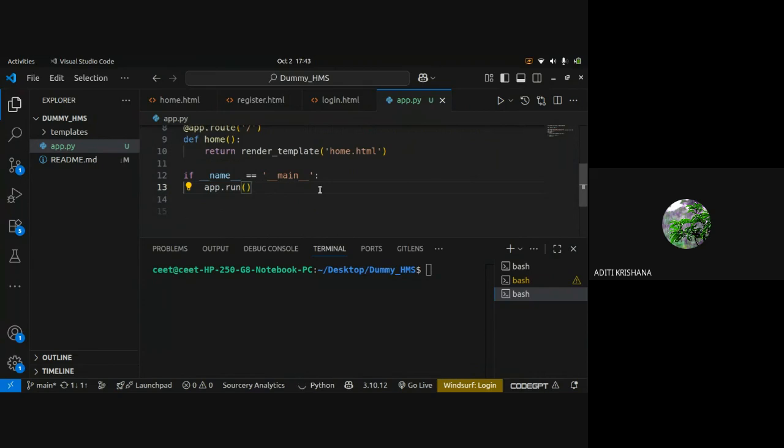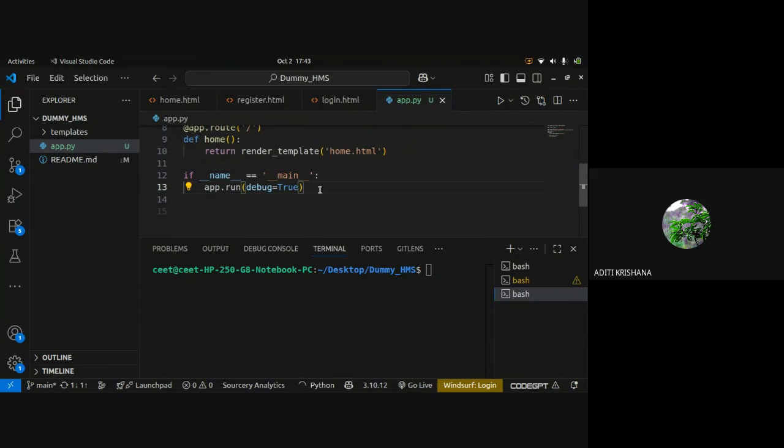Here it is checking that everything is true, and now I can run the application. Inside the run function we can write some properties. The first property is debug equals true.